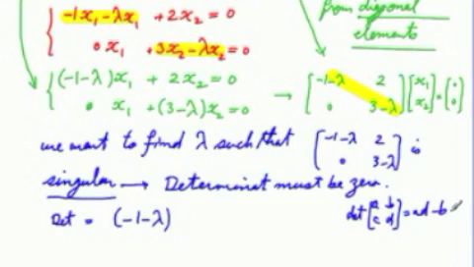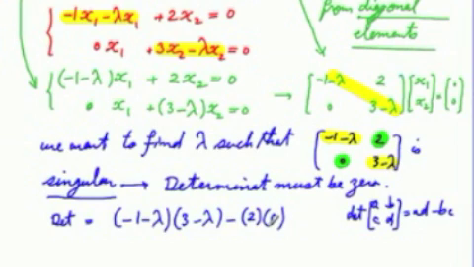AD minus BC. So here is A, here is D. Don't forget, these are one single component. This is the entire A. This is the entire D. These are the other two guys. Okay, so I multiply the other way and I get a little bit of a relief here because